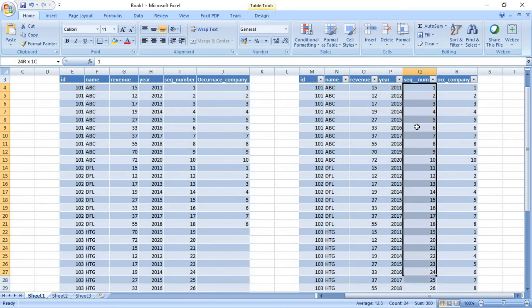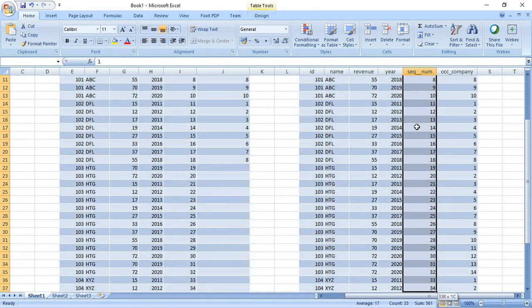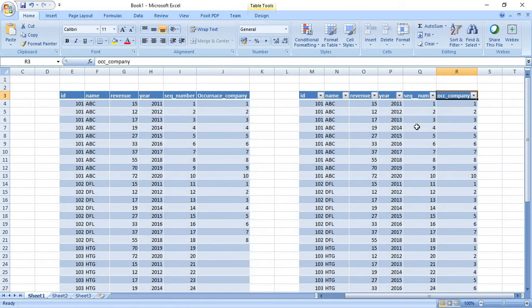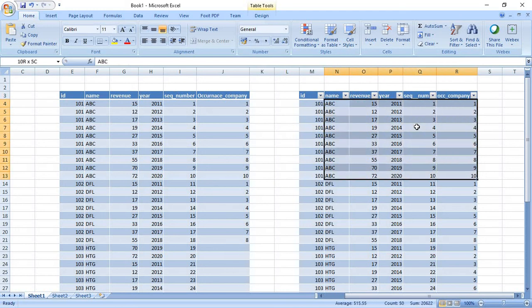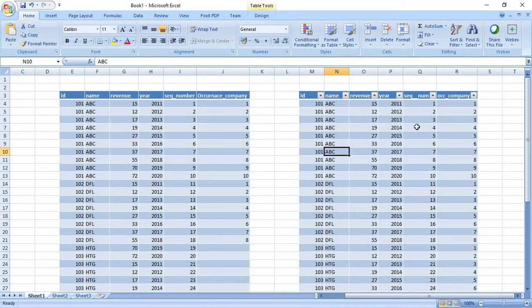It is a running number, generated for this existing table. For our second problem statement, we wanted to generate a sequence number for company ABC. You can see the running number for ABC is generated from 1 to 10, as it occurred 10 times. And for DFL, the sequence is generated from 1 to 8, which means it occurs 8 times, and so on for the other companies.